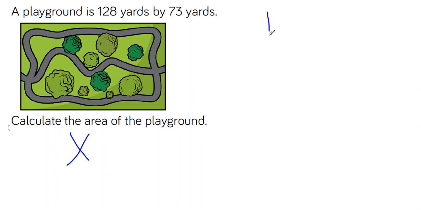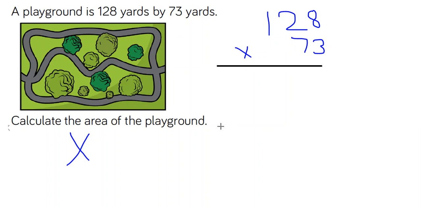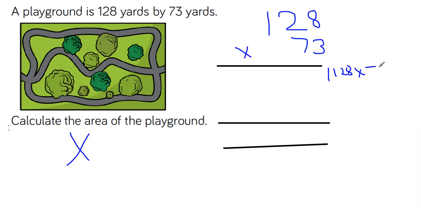Okay, so hopefully you put the big number first and we multiplied it by the 2-digit number. And this one would have been 128 multiplied by 3. And this one is